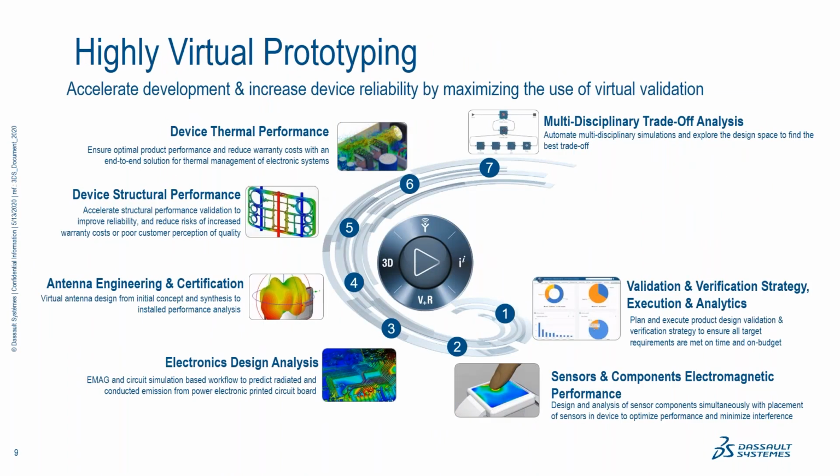With this broad Simulia portfolio, we have defined the highly virtual prototyping solution that is the end-to-end simulation solution for high-tech companies. It goes all the way from planning the validation strategy to executing the different simulations. So electromagnetic simulation, structural and thermal simulation, all the way to assembling those different physics simulation in reusable processes to explore the whole design space and find the best trade-off. So now I will let my colleague continue and give you an overview of the electromagnetic capabilities we have here